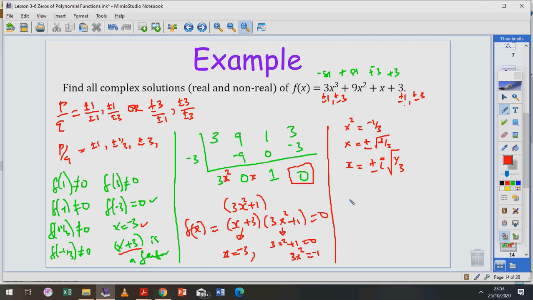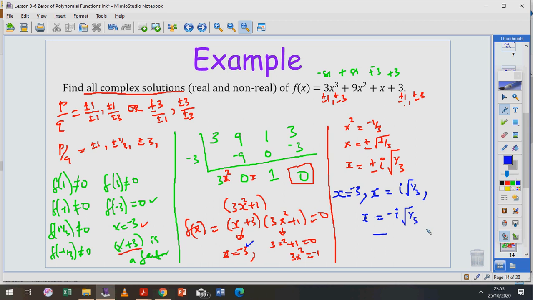So my zeros of this function, all complex solutions, are, first of all, let me write them in blue. x is equal to negative 3, which is this one. x is equal to positive i square root of 1 over 3, and x is equal to negative i square root